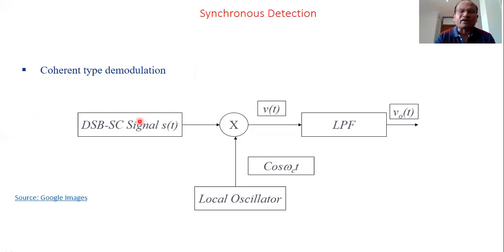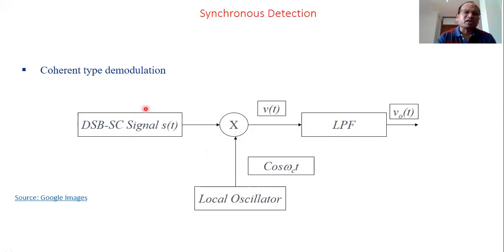Now, how do we recover in synchronous demodulation? We use the same carrier frequency which was used in the transmission. What was the carrier frequency? Cosine omega CT. We are bothered about the frequency, because frequency is more important. So we generate cosine omega CT at the receiver. Why are we required to generate it? Because the carrier has not come with the AM signal, since the carrier was suppressed at the transmitter. So we do not have a carrier, and therefore we need to generate a carrier signal.